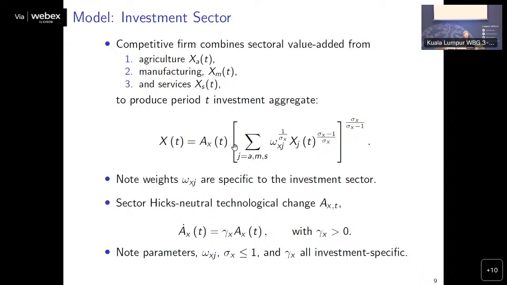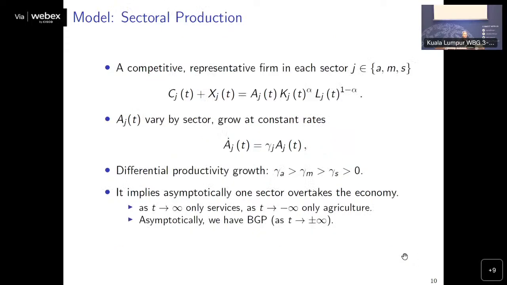And then we're going to have technical change that's investment specific. We're going to have investment specific technical change. And we're going to say that this grows at a rate gamma x, which is positive. So you're going to get better at producing investment goods relative to consumption goods over time, which is something that we see in the data. And all of these parameters up here are investment specific. Consumption specific ones were last slide, and this is today's.